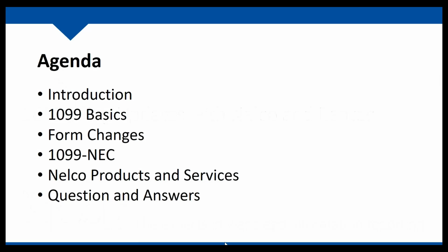Let's go ahead and take a look at our agenda. We'll do some brief introductions. We'll talk through some 1099 basics, talk through form changes to 1099s. Specifically this year, the 1099 NEC is probably the big thing that we're going to spend most of our time talking about when we start thinking about 1099s. If you haven't heard about the 1099 NEC, we will get you all the information that you need. If you have heard of it, hopefully we'll get you a little bit of additional information about it. And then we'll do a quick walkthrough of Nelco's products, and we'll wrap up and leave plenty of time for